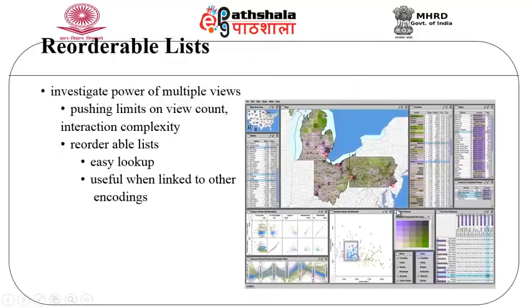The next example is the reorderable list. Here we try to investigate the power of multiple views. We try to push the limits on the view count as well as on the interaction complexity. We try to reorder the list. In the case of a reorderable list, there is an easy lookup, and it is useful when linked to other encoding